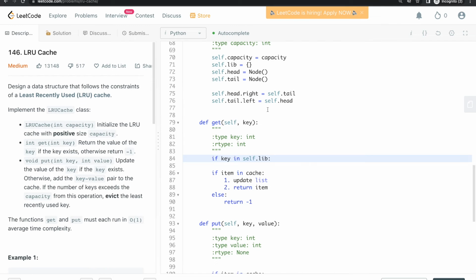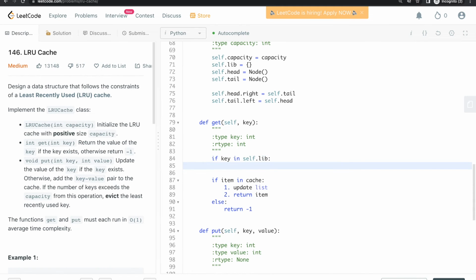Just saying, if the key is in lib, that means this key is already in our cache. If that's the case, all we need to do is first update the list. So first we're going to grab that node, right? So node equals self.lib of key,